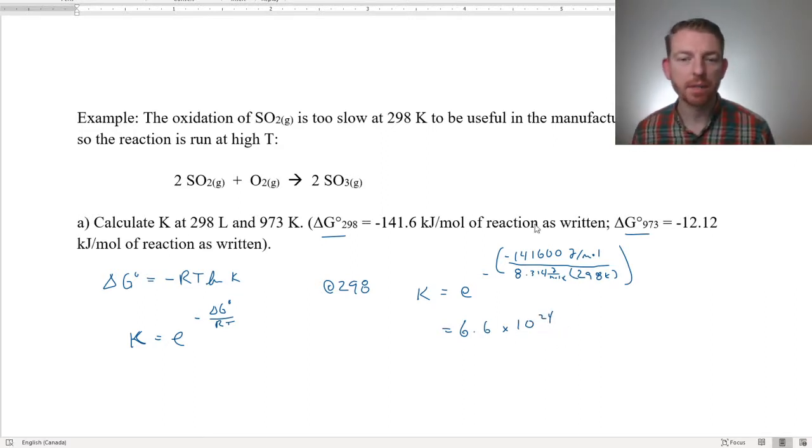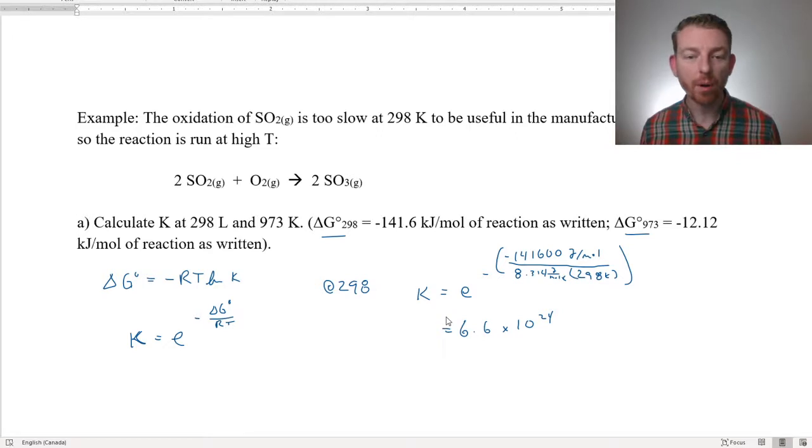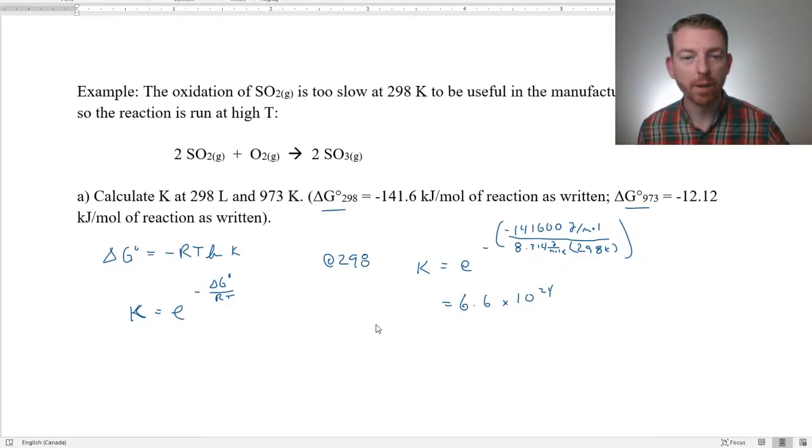All this says is that the products are very heavily favored, thermodynamically speaking. Again, even though at equilibrium, it's going to be essentially all product with very little reactant left over, the time it takes to get to that end state is not specified anywhere, just to say that it's too slow. It could be years to get to equilibrium. So, okay, let's try it again at